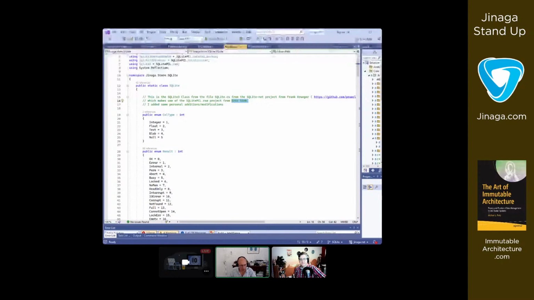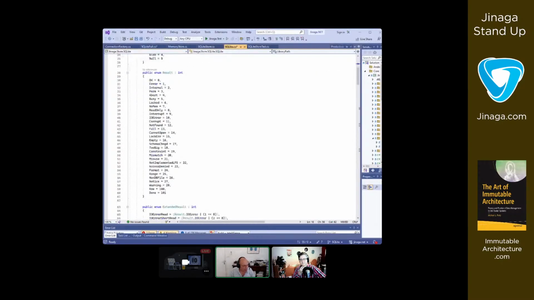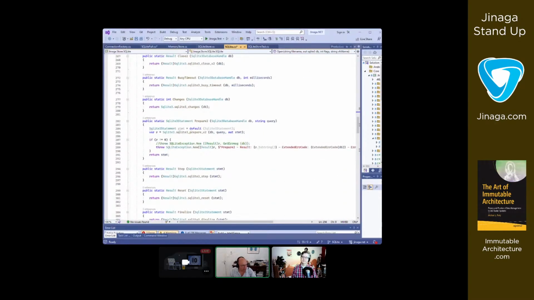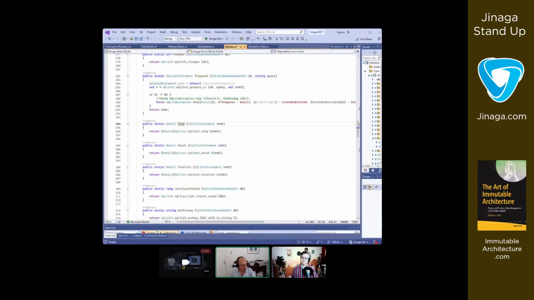So I kept everything from Eric, which was just low level routines, just translation between C and C sharp, in fact, a translation layer. And then I used just some routines from Frank Krueger, but not the ORM layer, just the calls from SQLite, where you have open, close the database, prepare statement, step statement, and so on.